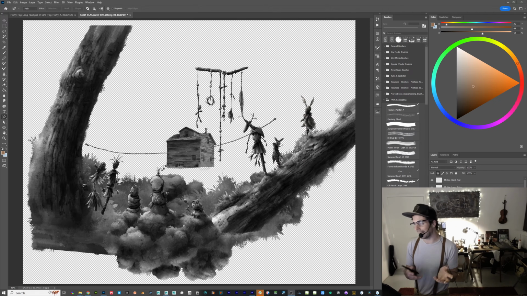Okay, so I thought what we would do is take a look at a background that I actually used in the film and show you how I get it into Maya using PSDto3D as quickly as possible without getting too lost in the details of how it all works and all the different settings. I just want to show you the process so you can understand what it takes when you kind of know what you're doing. It's a pretty simple thing to do, but it requires a little bit of explanation if you want to get into the weeds,